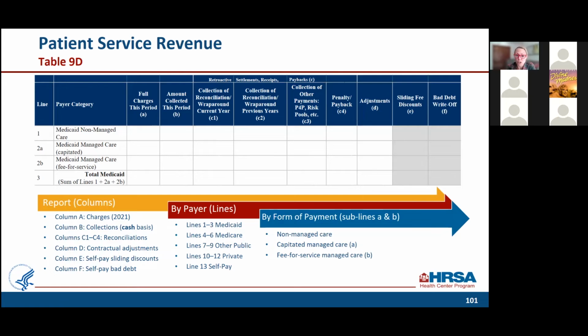Then you just go along the column, starting with line 3, you move on to Medicare and you do the same thing. And then it repeats. Note that you'll report revenues from fee-for-service programs like breast and cervical cancer programs or indigent care programs as other public revenue, though you do not report these patients as being insured by other public. The next slides follow the order of the graphic at the bottom of this page. So first, we're going to talk about the columns, charges and collections, and then we'll talk about payers,